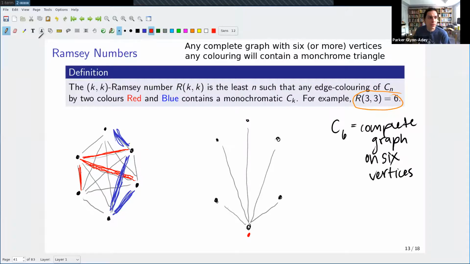Right, so 5 edges we're going to split into 2 colors. So 3 of them are going to wind up being the same color. So let's assume it's these guys, and they all come out red. Right, so we just use pigeonhole there. So by pigeonhole,